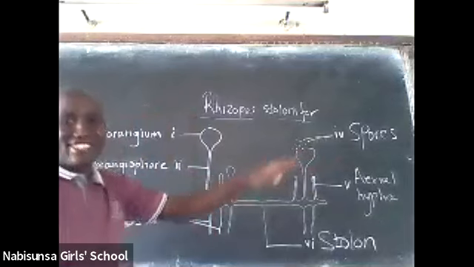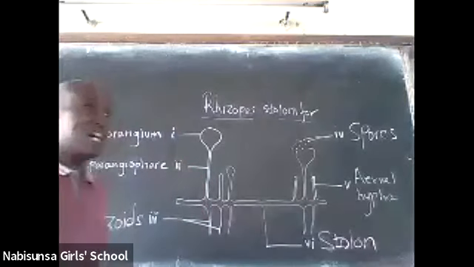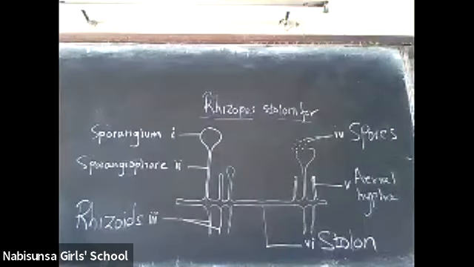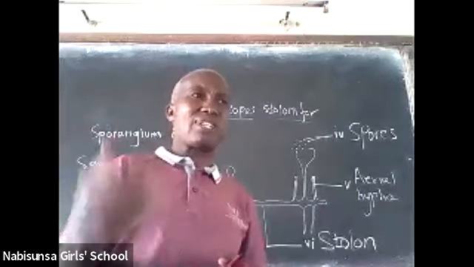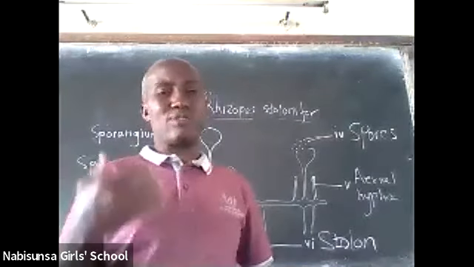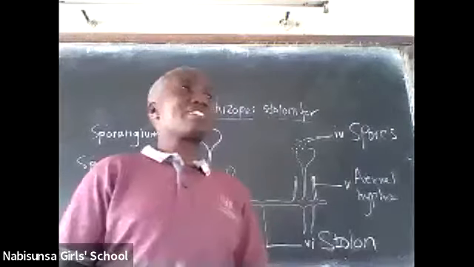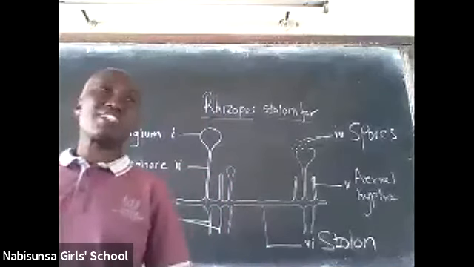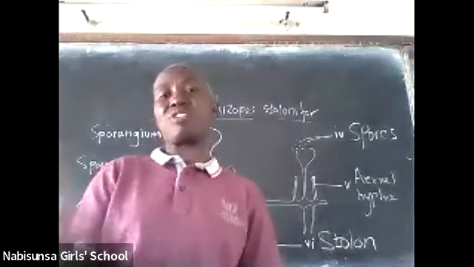Okay, a question here. Yes. Are there ways of preventing the spores getting onto the bread? Someone is asking, are there ways of preventing the spores getting onto the bread? Definitely there are ways of preventing the spores getting into contact with the bread. If after baking you ensure that this bread doesn't get into contact with air that may be contaminated, then yes, you'll be preventing spores.